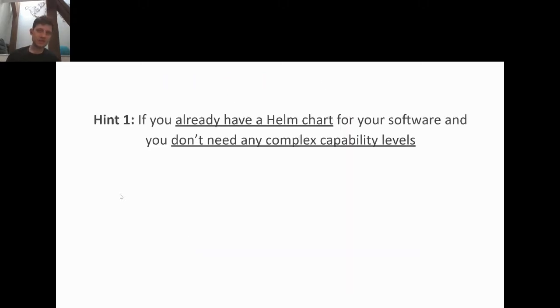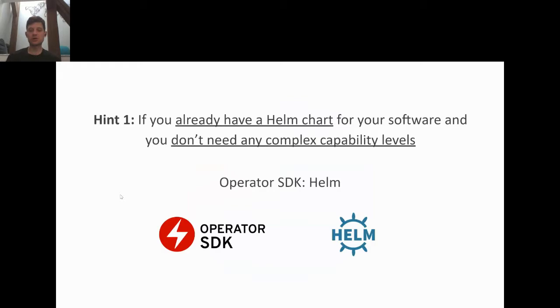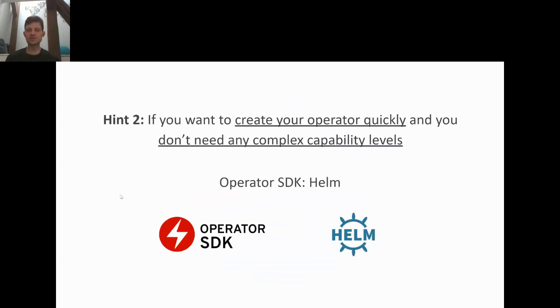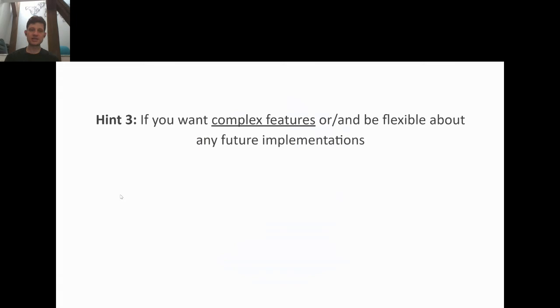So I created some hints. If you still don't know what to choose, I would say if you already have a Helm chart and your software doesn't need any complex capability levels, go with Operator SDK and Helm, because that's super simple. You don't need more. Hint number 2. If you want to create your operator quickly and you don't need any complex capability levels, again, go with Helm, because Helm is very, very simple. Hint number 3. If